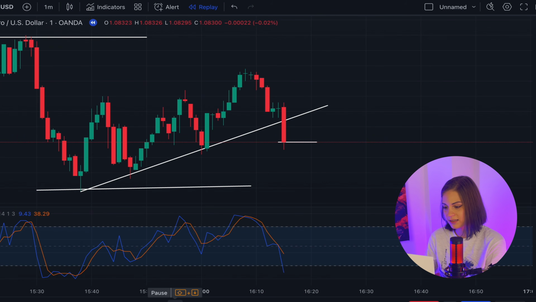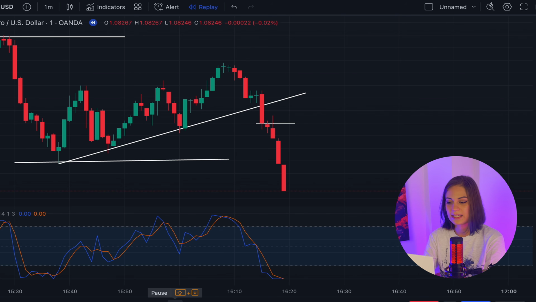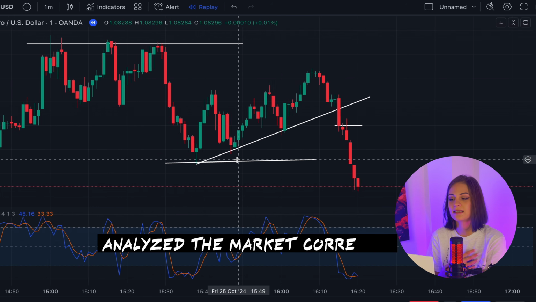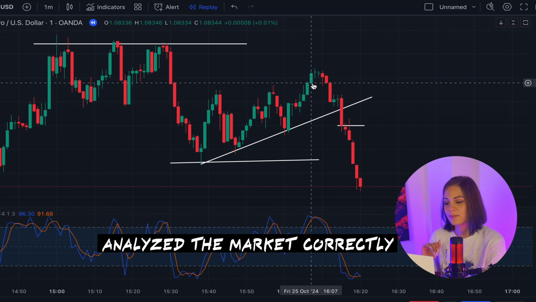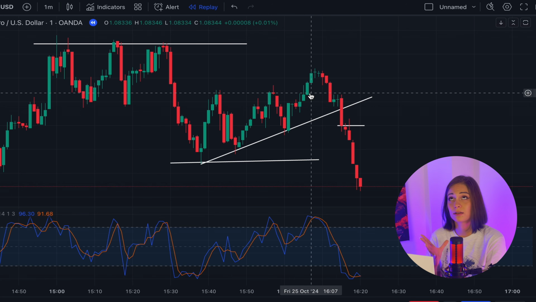And in this case, let's see what's going to happen. Of course, the price is dropping and we would get our money because we analyzed the market correctly, because the structure was not really important, and it's the pattern called flag. So we have analyzed the